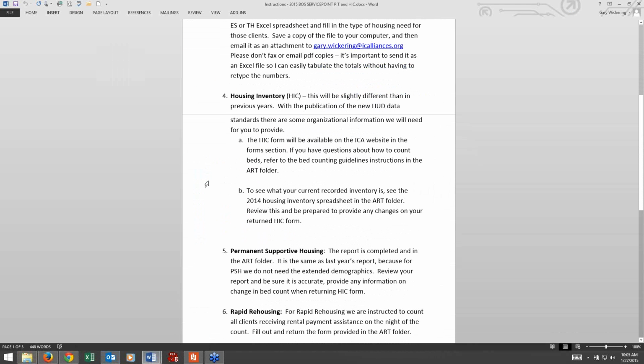I'm going to go ahead and move on to the actual inventory count part, the HIC part. This is going to be slightly different than we've done in previous years, because of the new data standards. There's lots of organizational information that we need to gather from every single provider. So we've provided forms that are out there,